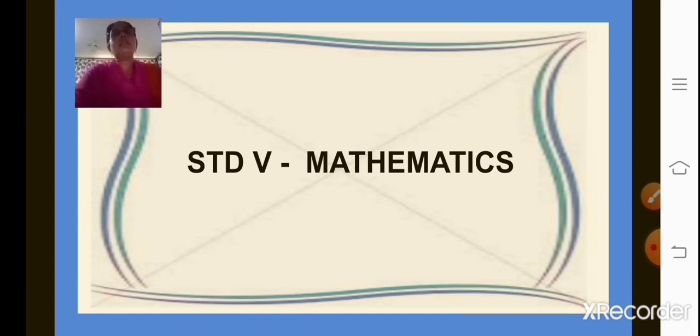Okay, now in the last class, children, we have already learned about the tables from 11 to 15, correct? So today we'll be just revising it again, that is tables from 11 to 15, so that you can prepare well for your orals. As well as in today's session, we'll also learn how to do an activity on the chapter circle. Okay.